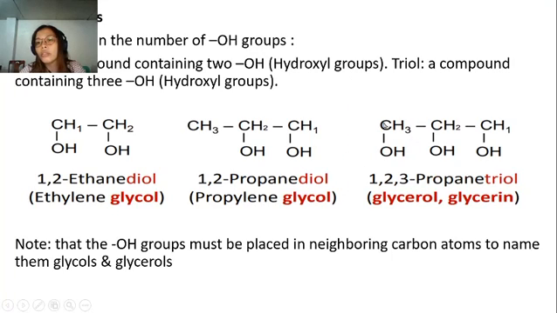And then, if all 3 have a hydroxyl group attached, 1,2,3-propane triol, because it has 3 hydroxyl groups, commonly known as glycerol or glycerin. So note that hydroxyl groups must be placed on neighboring carbon atoms to name them glycols and